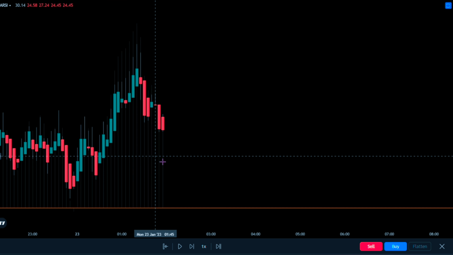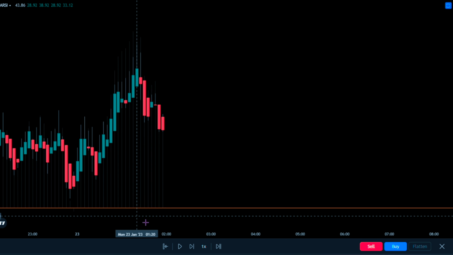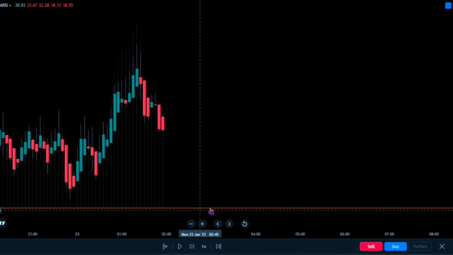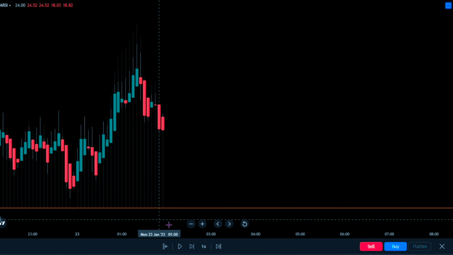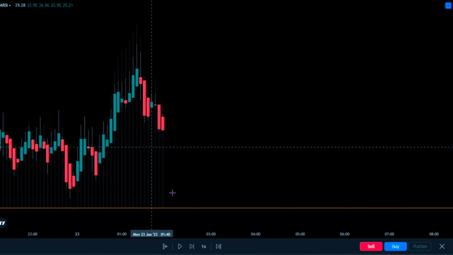So for a buy signal, if we have the RSI below the median line, we would only want to enter if we see the candlestick cross the median line while it's on green. But if we have it above the median line, then we would have to wait for it to cross below the median line and enter when it crosses above the median line. Please note that the cross above and below this median line is the RSI candlestick body and not the histogram